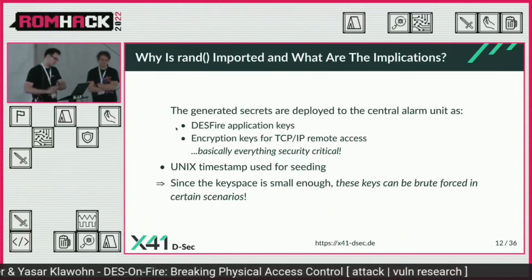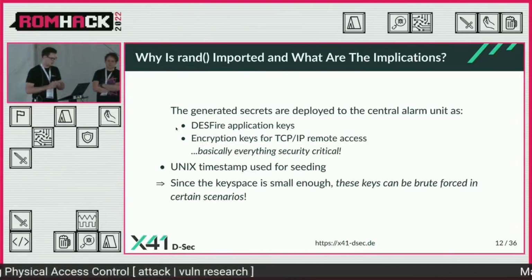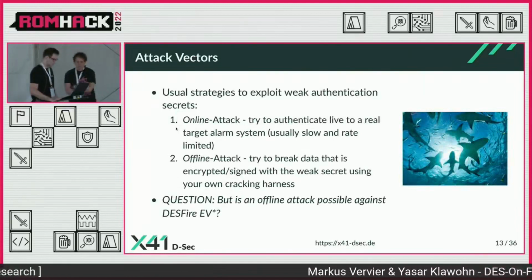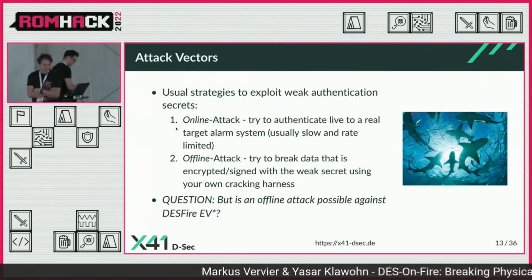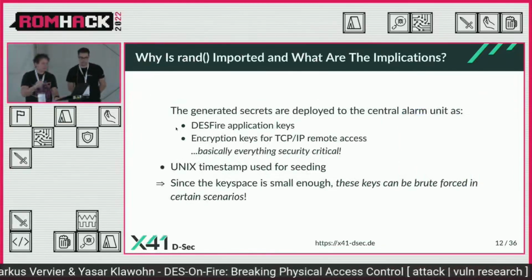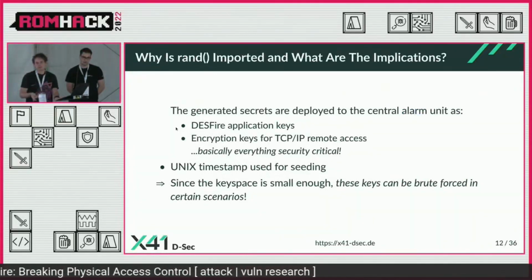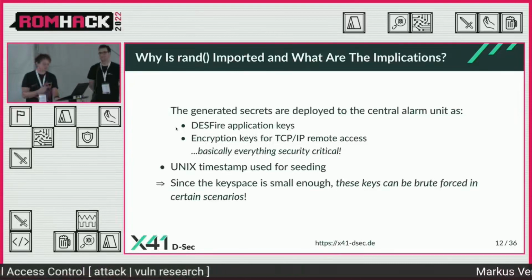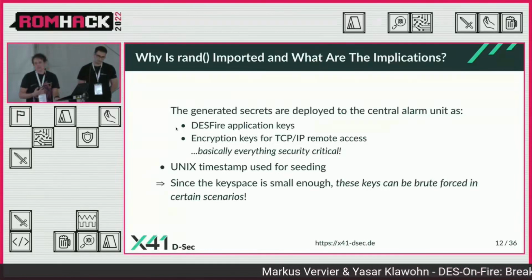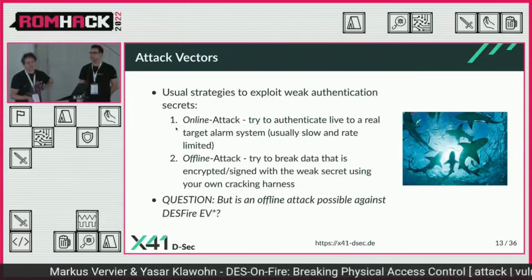So we looked at the Deathfire application keys used for physical access. Just to reiterate, we looked at the software that manages these alarm systems, that provides the keys, and that also generates the keys. Weak randomness is nothing too new, but the more interesting thing starts actually now,